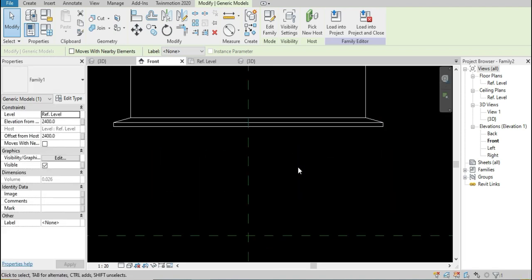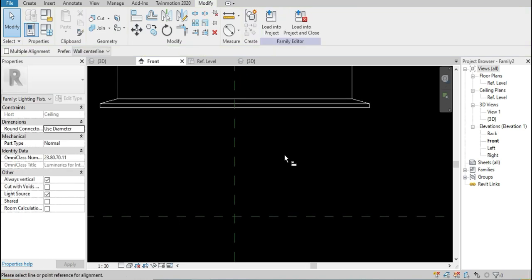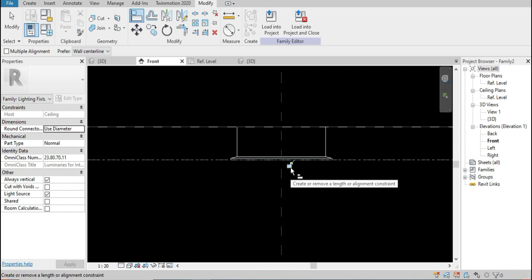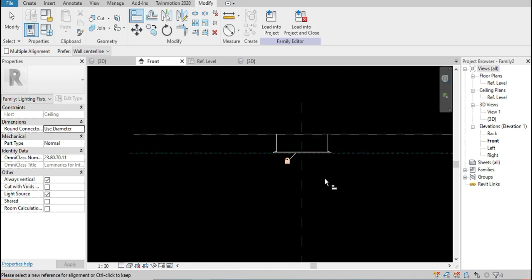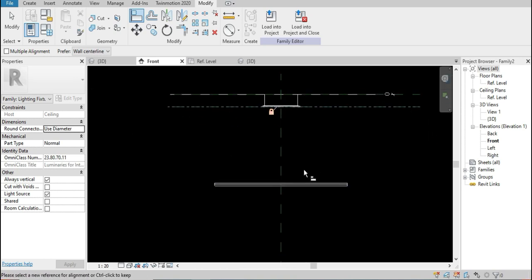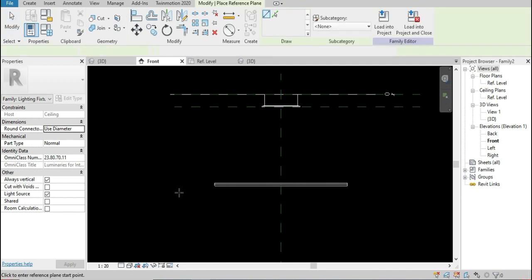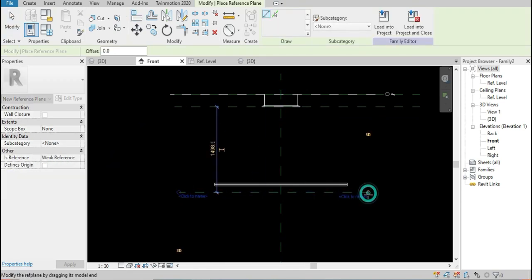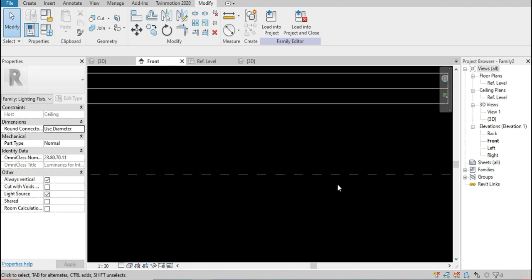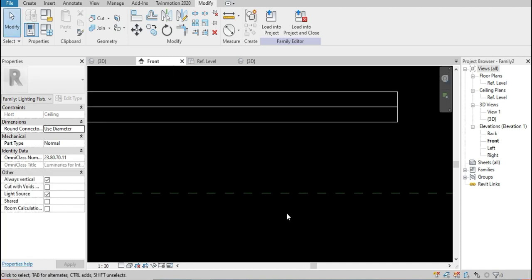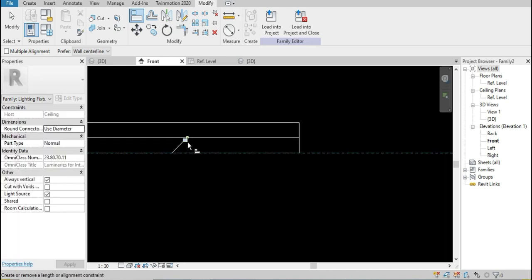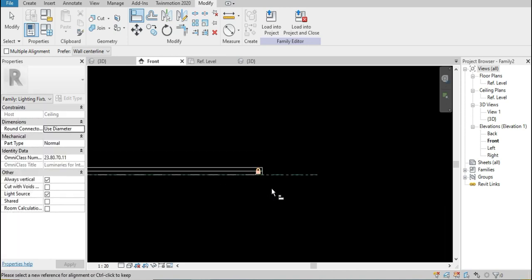So we need to lock all objects with a reference plane so we can apply the length parameter to this lighting fixture. The reference plane will be helpful for us to create a parametric family. Also lock this generic model.